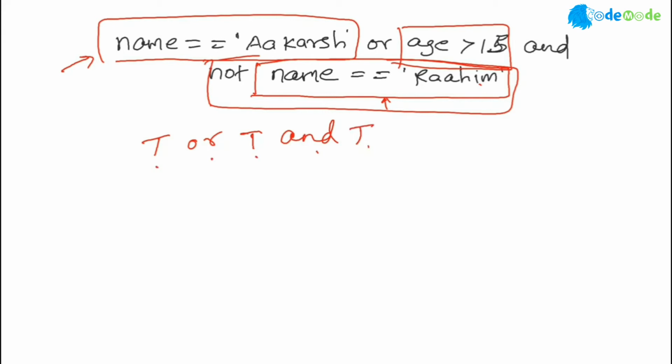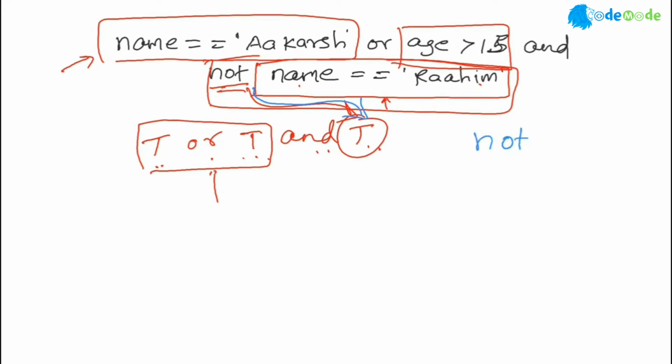Which one takes precedence? First thing is not will take the precedence. The first thing we did is we evaluated true or true. If you see true or true and true, you always evaluate, sorry, you evaluate and not first. Here you see, I said first name equal to Rahim, and right now name is Akarsh. So this is false, and then I negated it. Then I created this part. This whole thing gave me this true. So not evaluates first,